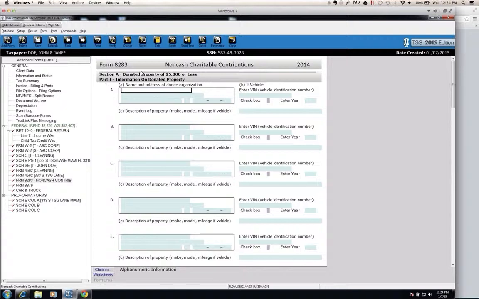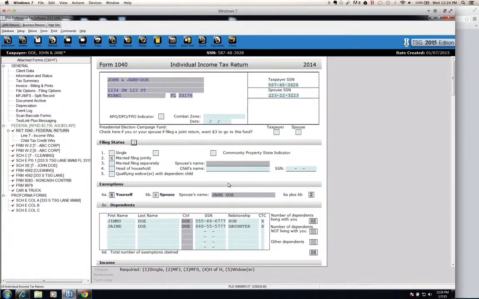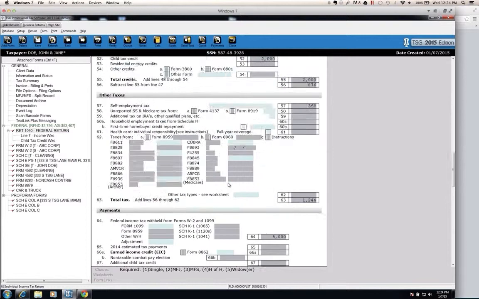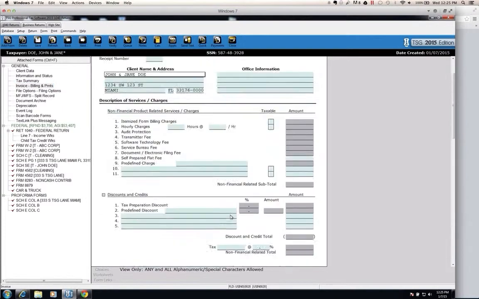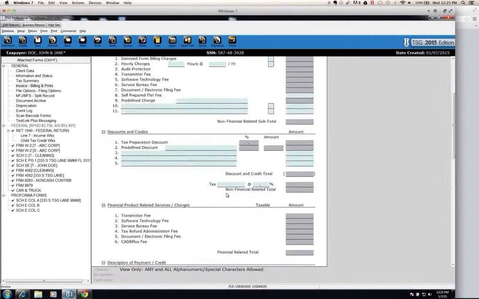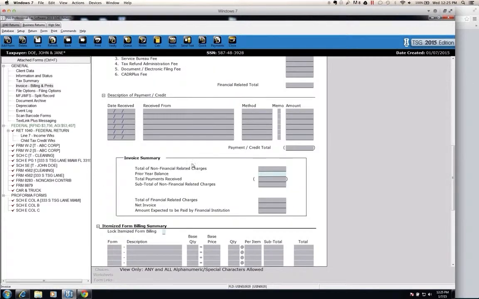If it's a single preparer, then that's obviously a good tool to have the preparer information automatically carry forward based on the client year to year. And that can show up right here, the preparer information. Also, prior year balances. This is also a very nice tool which will show up, let's see here, right here